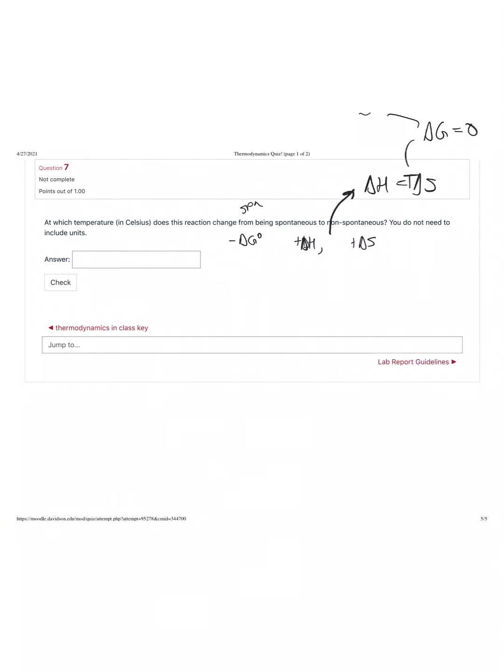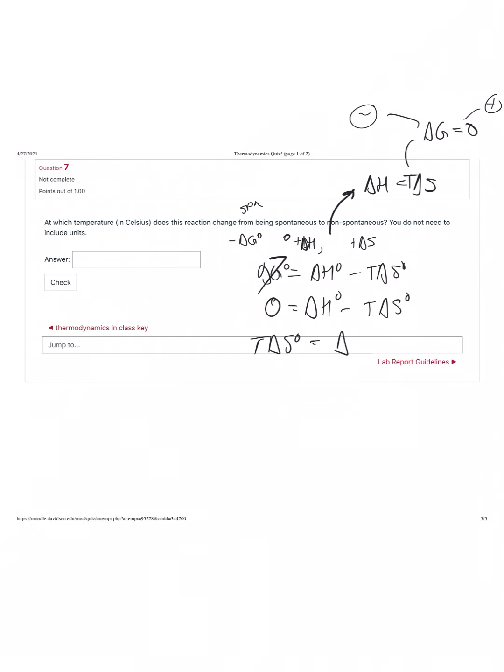Because now, when you're on one side, delta G is negative and it's spontaneous. When you're on the other side, delta G is going to be positive, or non-spontaneous. So if we have delta G naught equals delta H naught minus T delta S naught, we set delta G naught equal to 0. So we get 0 equals delta H naught minus T delta S naught. Rearranging, we get T delta S naught equals delta H naught. We're solving for T, so we divide both sides by delta S naught. We get T equals delta H naught over delta S naught, which equals